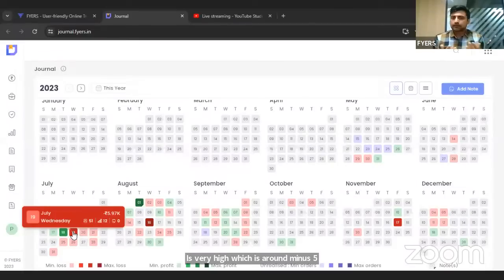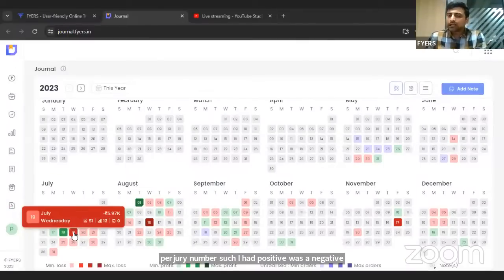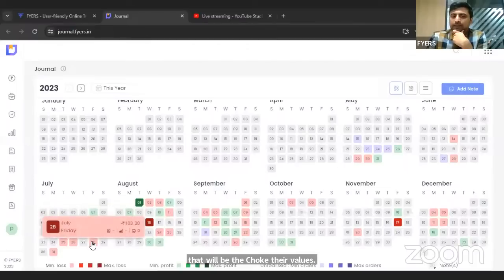For example, this is a demo that we are showing you. So if your trading range fluctuates between, let us say, up to 10,000 rupees, तो 10,000 रुपीज के आसपास जो भी नंबर से, चाहे पॉजिटिव हो जाए नेगेटिव हो जाए, आपका जो प्रॉफिटेबिलिटी होता है या ग्रेडियंट्स होता है, डार्क ग्रीन्स, उस तरीके के डेज को रिजर्व हो जाता है. और below that will be the छोटे वाले डेज. सो जैसे आप यहाँ पे देख सकते हैं -167 रुपीज, -50 रुपीज, -103 रुपीज, and so on, which is like